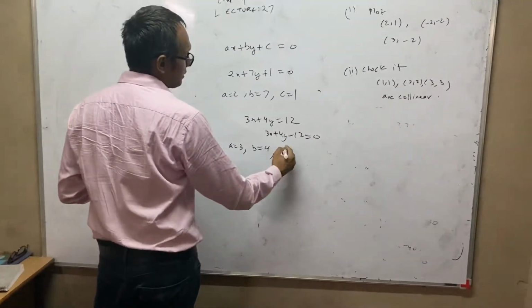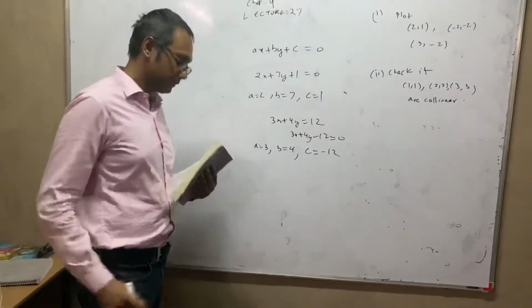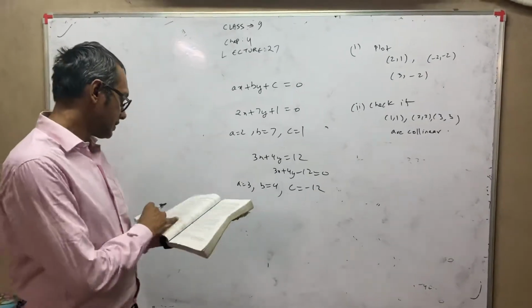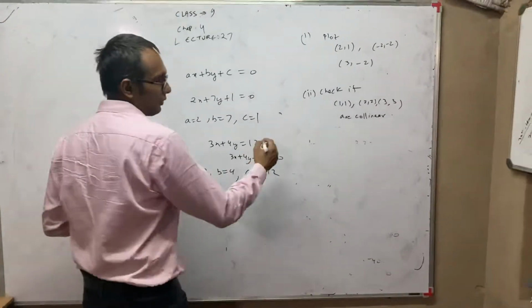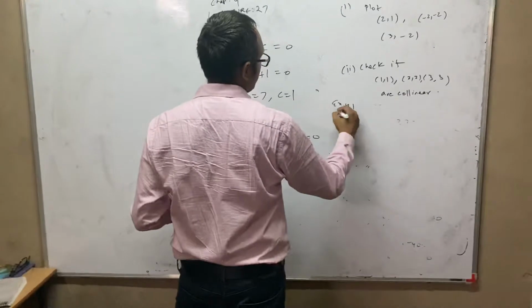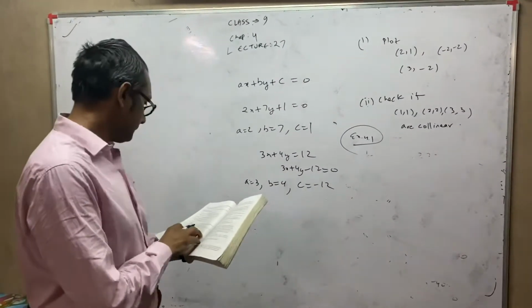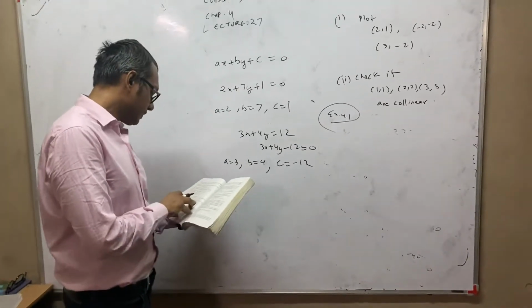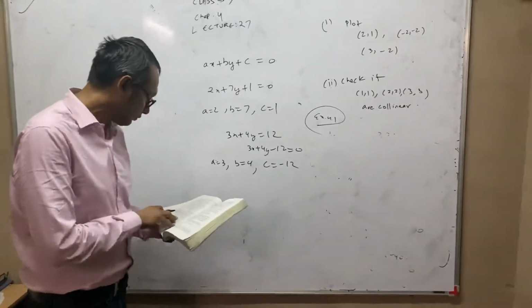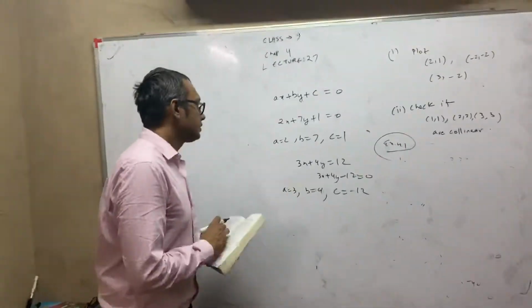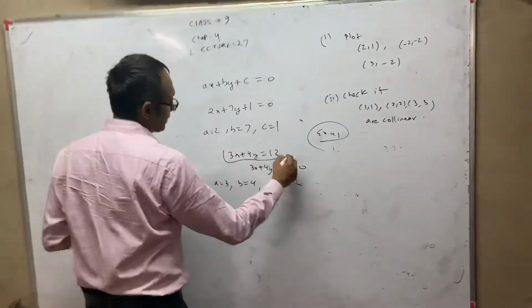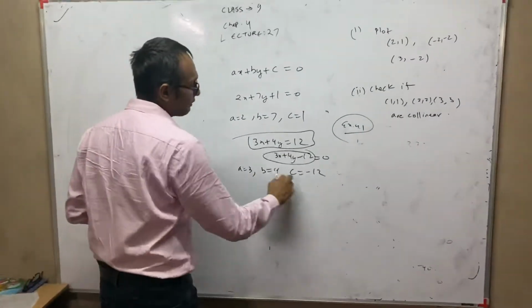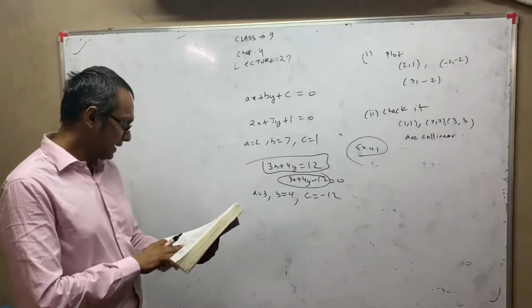And now if you see, c is equal to -12, okay. So this is basically we are discussing question number 2 of exercise 4.1. Question number 2 is basically, express the following linear equation in the form of ax plus by plus c equal to 0 and indicate the values of A, B and C in each case. So suppose if an equation is given like this, firstly you will bring 12 over here and write it like this, and then write the value of A, B and C.